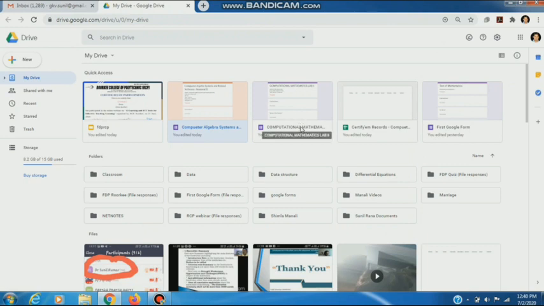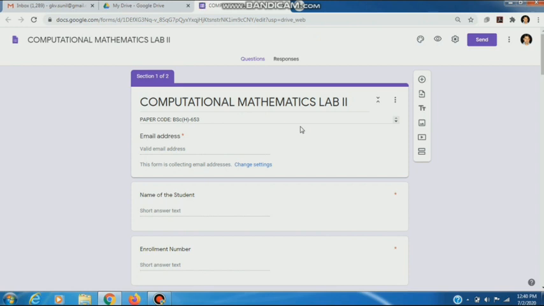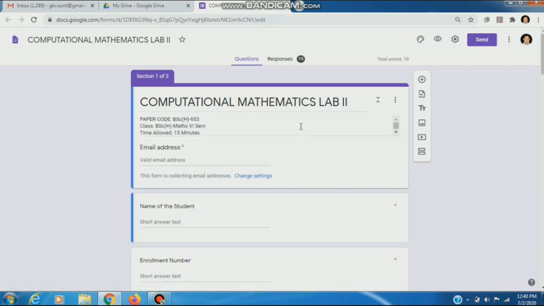Suppose we choose this computational mathematics labs second. This Google form was created by me for my BSc Honors 6 students for taking their lab test. For creating a certificate, we have to